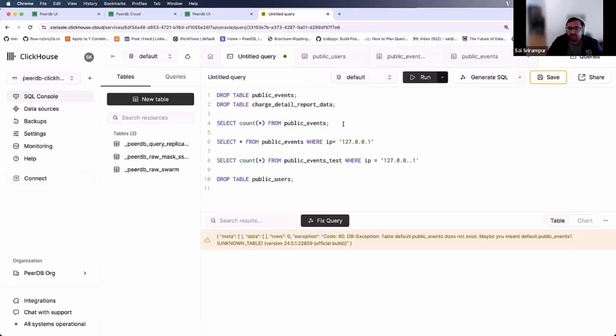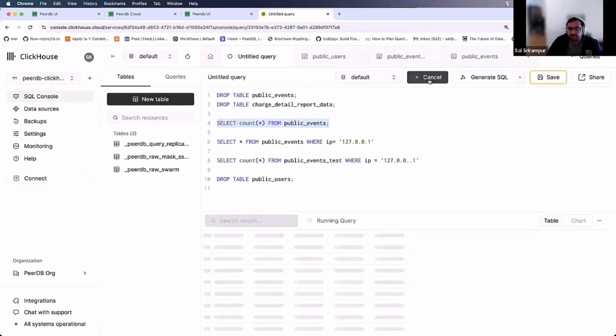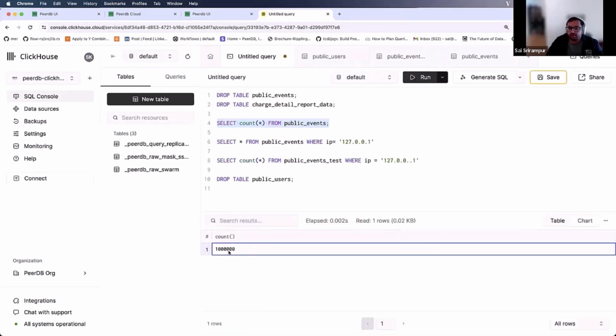Okay, and then if you see, now it should have 1 million rows. Should come up soon. Should have 1 million rows, as you're seeing on the screen. Previously, there was no table, right? So PeerDB under the covers took care of creating the table, did the right data type translation, and ingested